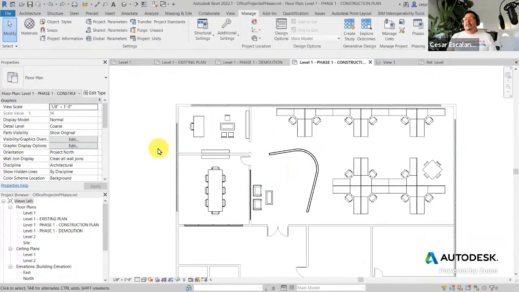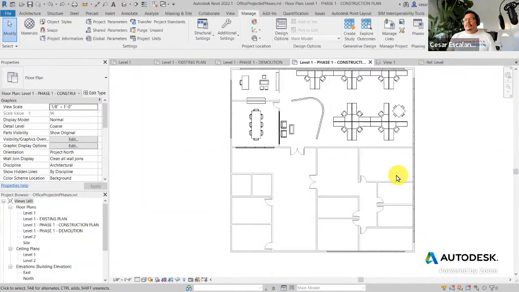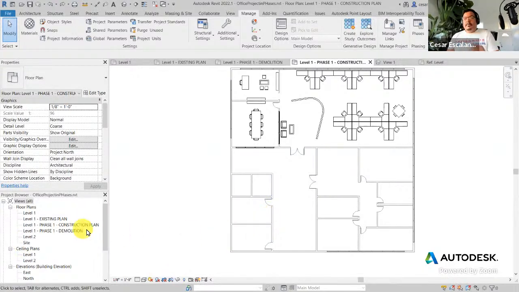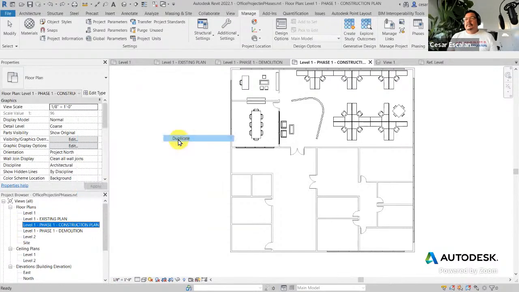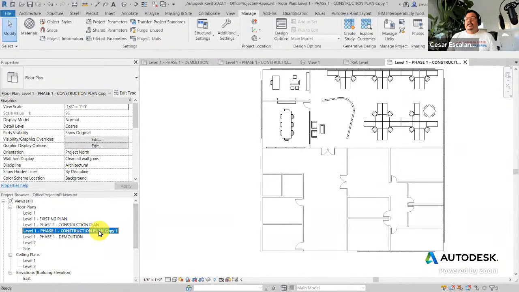Let's continue. So now we're going to go into phase 2. In phase 2, we're going to demolish all of this, and then we're going to create another suite. I think it's going to be more straightforward this time. So I'm going to select the construction plan on phase 1, right-click, duplicate it, and I'm going to call this copy. I'm going to rename it,